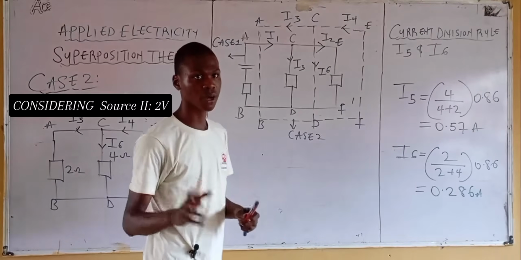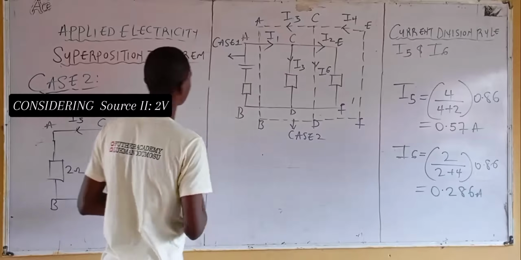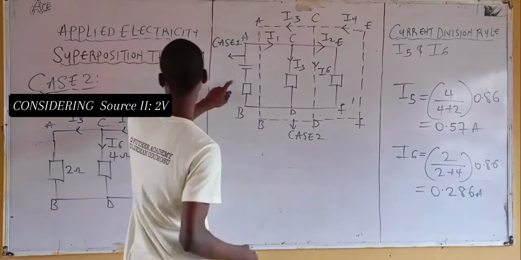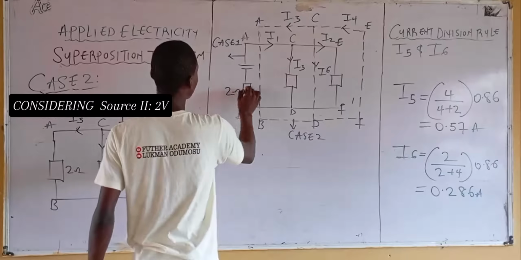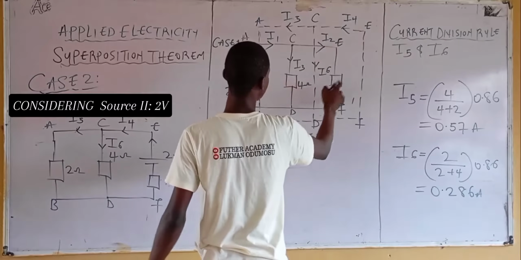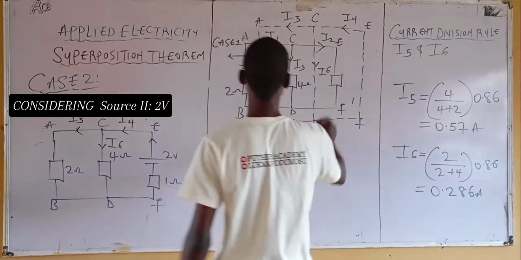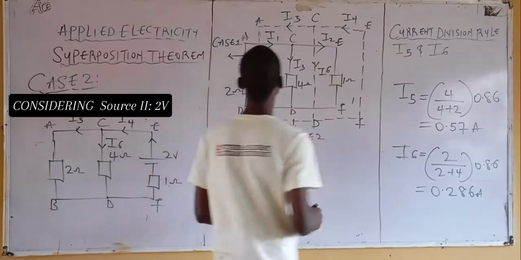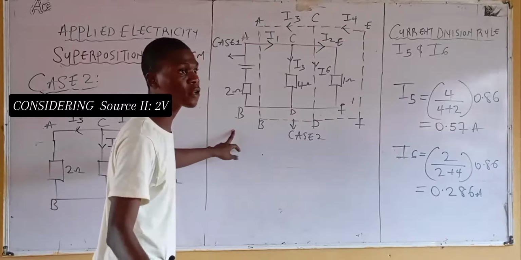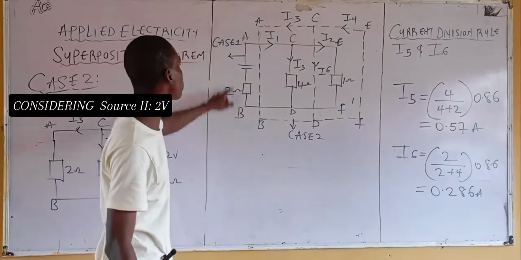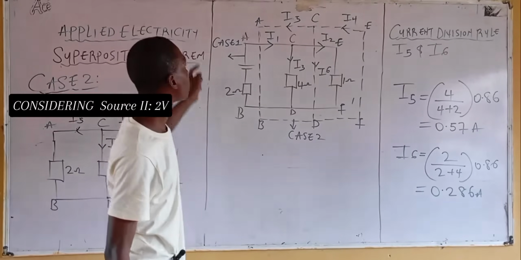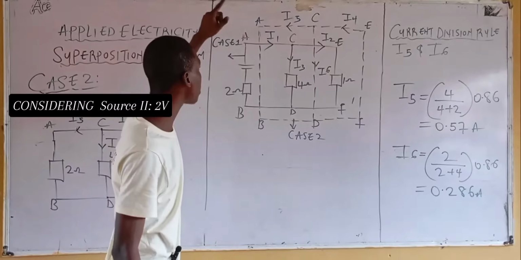We are using branch now. For branch, or better still, let's use resistor. What is the resistor here? This is 2 ohm resistor. This is 4 ohm resistor, and this is 1 ohm resistor. Now check out for the current. Check out for case 1. Check out for the value of current. For case 1, it is what? I1. Now for case 2, check out the value